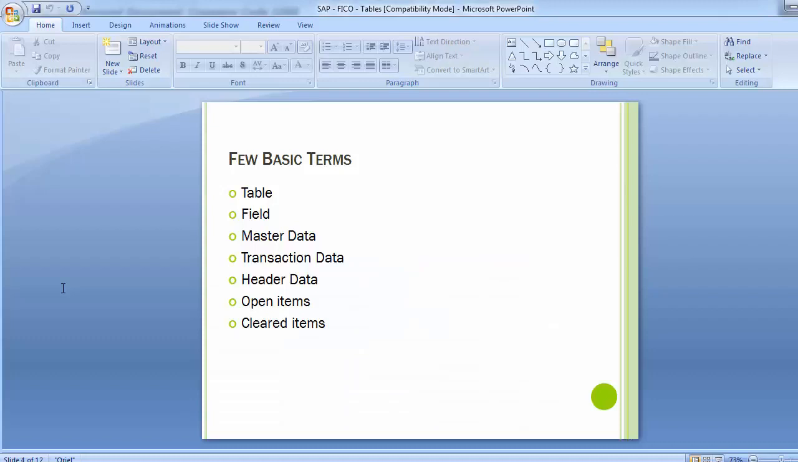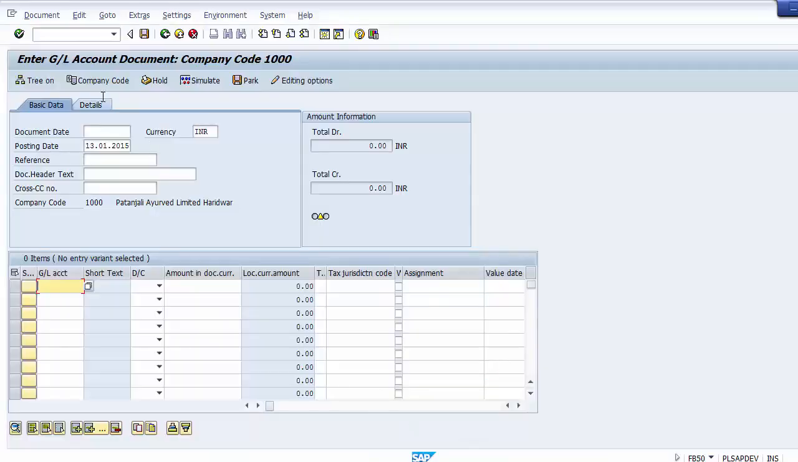Moving to the next, open items and cleared items. You must be knowing by now what is an open item and what is a cleared item. Open item refers to the items, or the line items you can say, which are in green. If you talk about some of the transactions, like